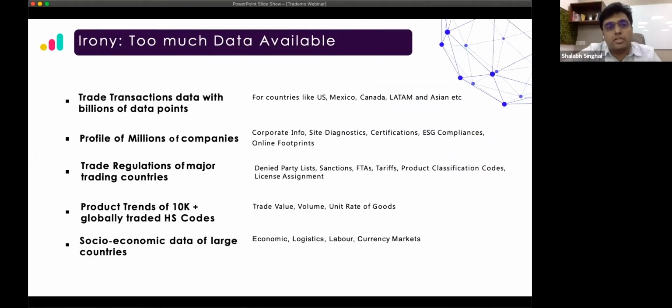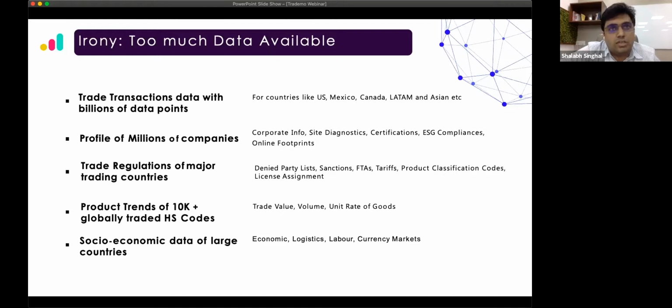But there's an interesting angle here. The irony is, though the core problem of supply chains is around visibility, at the same time, global trade in particular generates the most amount of data compared to any other trade or domestic trade. So let's talk about what all these data points are which get created every year, like billions of data points from different sources.